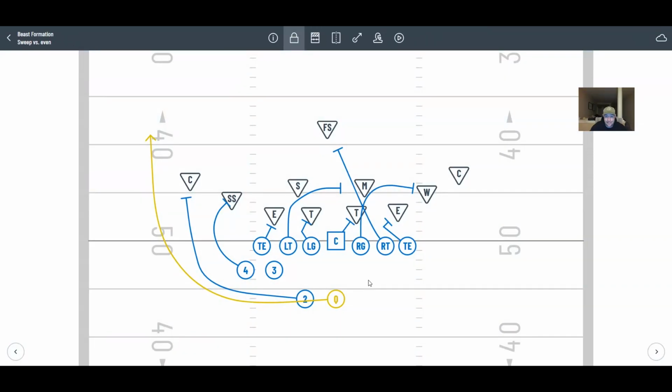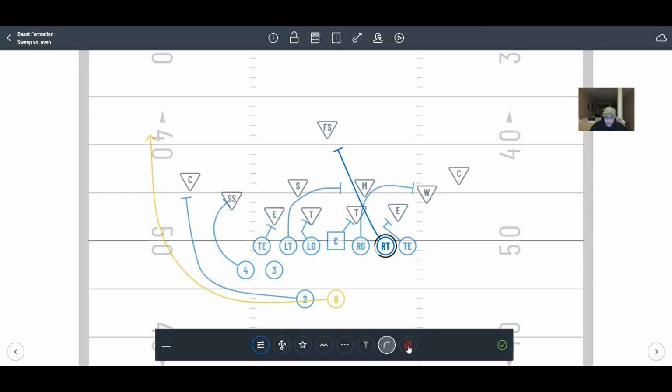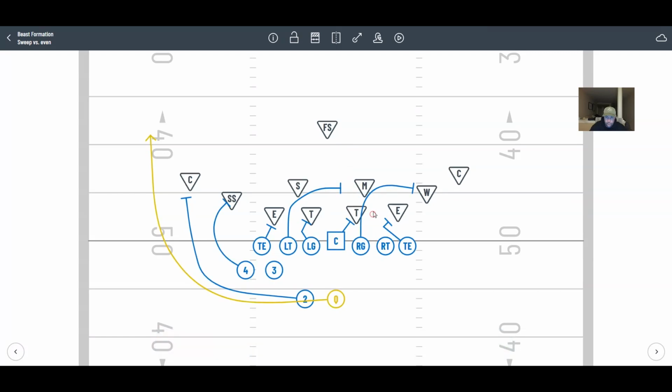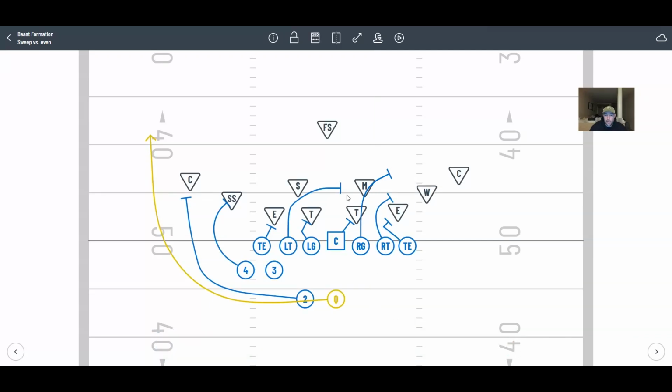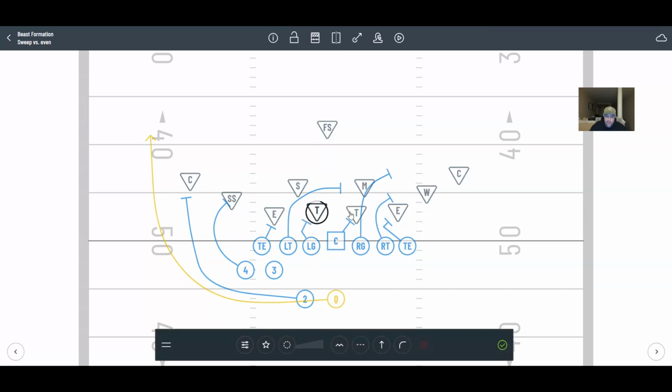Let's see beast left sweep versus even. So let me just fix this. This was drawn up wrong for some reason. There we go. All right, now even defense, guys,